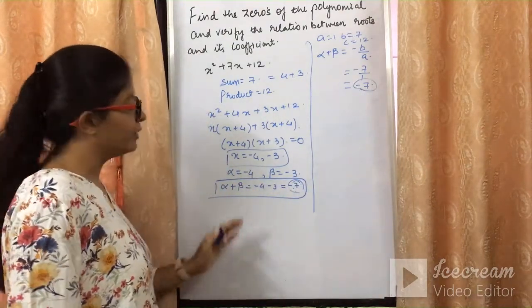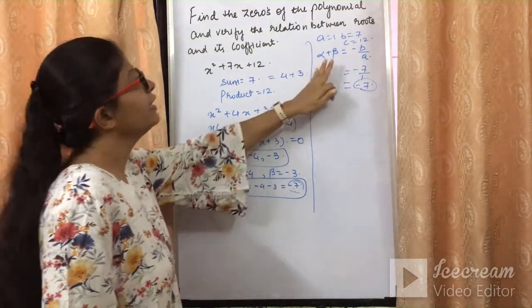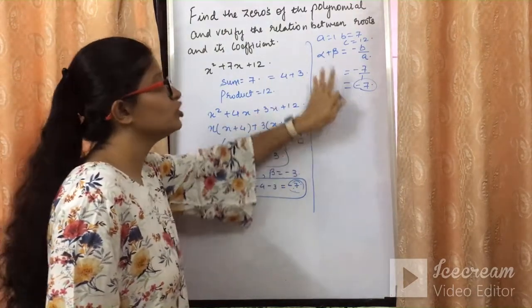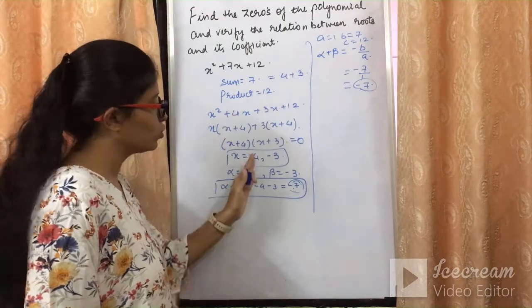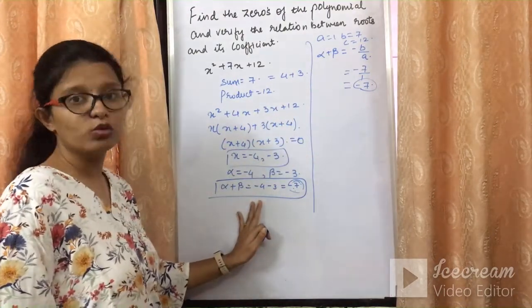सेम तो रहना ही है, but what we need to do is we need to verify it. तो यही तो चीज वेरीफाई करनी है कि अल्फा प्लस बीटा sum of zeros, just by not solving the roots of the equation we are getting the sum of zeros same as that with the roots.